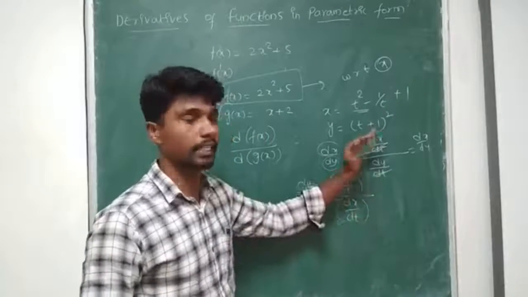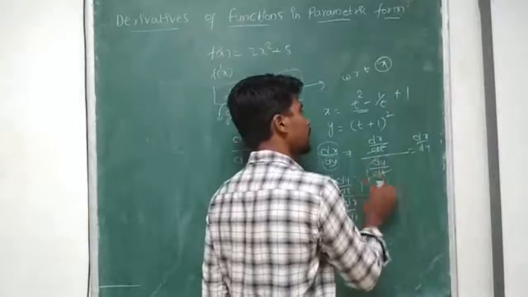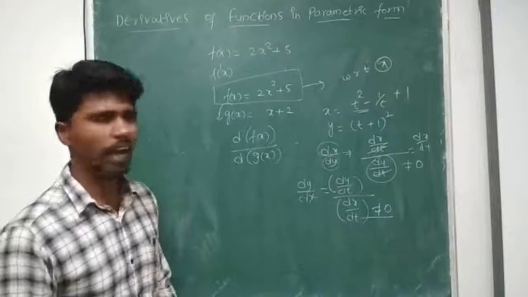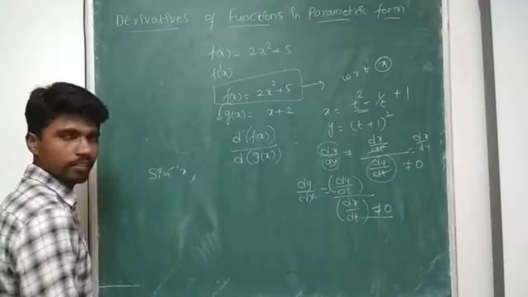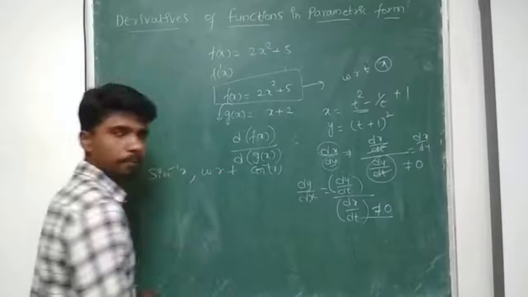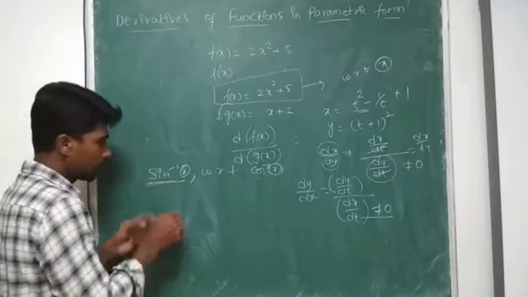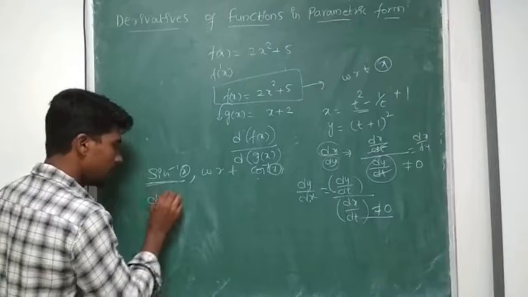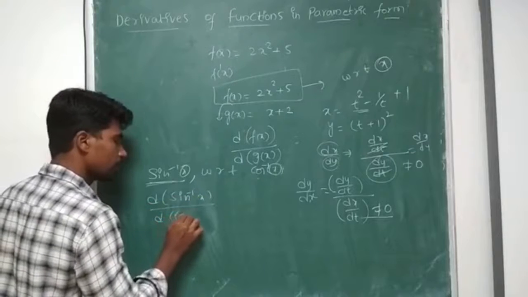But whenever we are taking a rational form, there will be a condition, which is that the denominator should not be 0 here also. Okay, so they may ask questions like: differentiate sin inverse x with respect to cos inverse x. See, both are defined in terms of x. So what should we do? I have to find the differentiation of sin inverse x with respect to cos inverse x, meaning d of sin inverse x by d of cos inverse x.